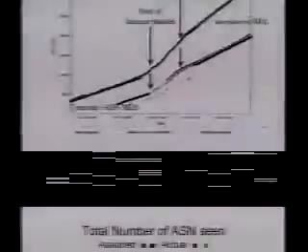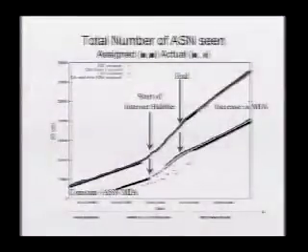Okay, so now turning to the total number of ASs seen. And somehow this should have been animated, but okay, it isn't. There are two curves here. Assigned, which is in blue and in purple, and actual use, so in the RIS or in the CIDR report, in red and green. And this is the number of ASs seen in those statistics since 1995.